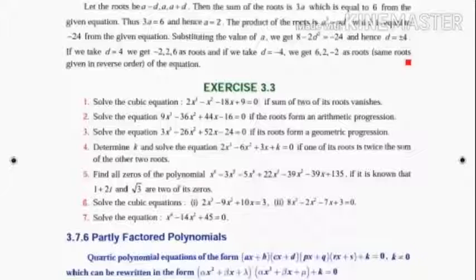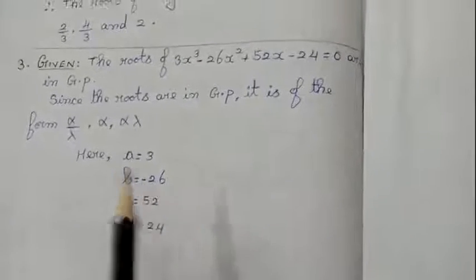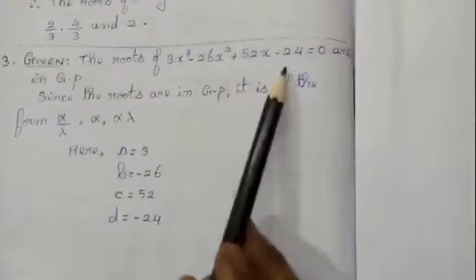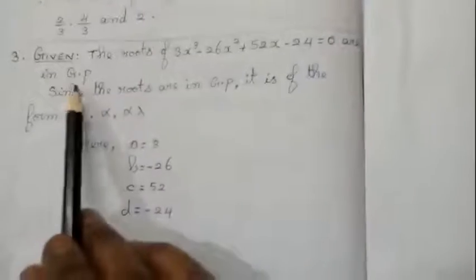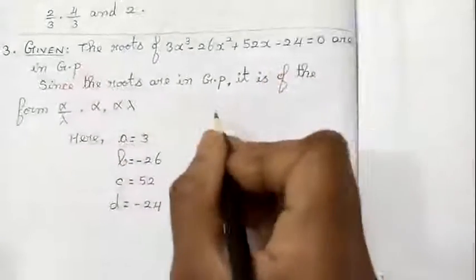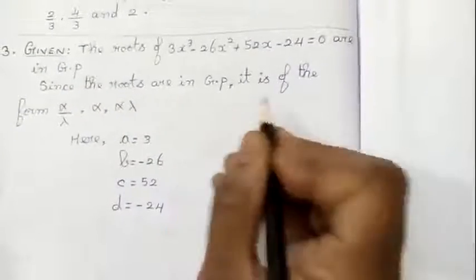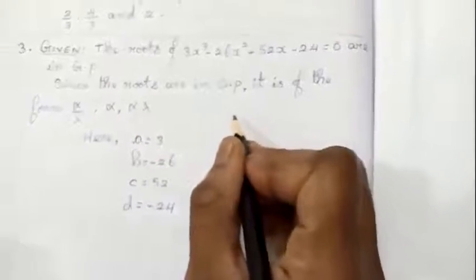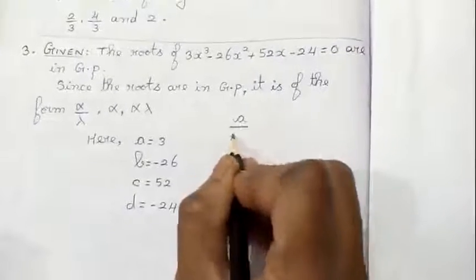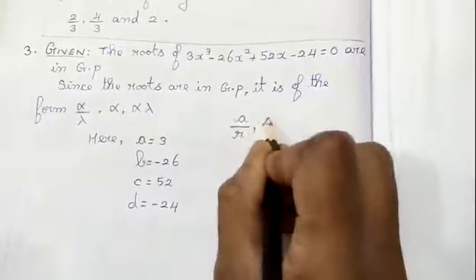Exercise 3.3, third sum. Solve the equation 3x cube minus 26x square plus 52x minus 24 equal to 0 if its roots form a geometric progression. They have given you a cubic equation, and the roots are in GP. What is the meaning of GP? Geometric progression. The general form of 3 consecutive terms in geometric progression is A by R, A, AR,